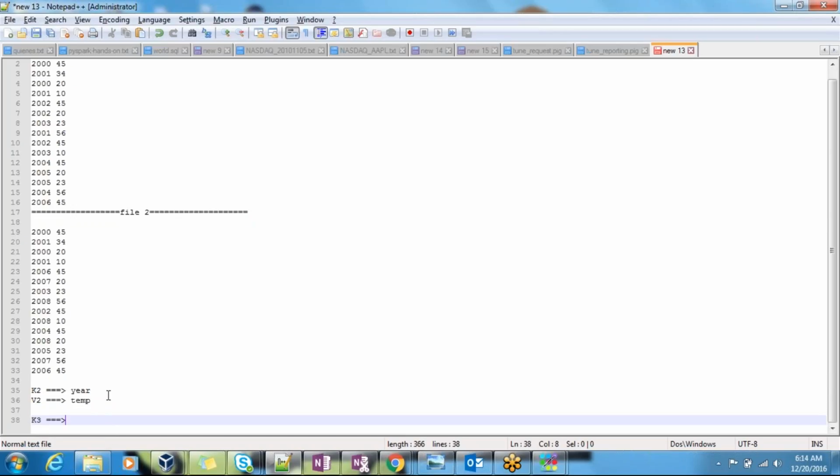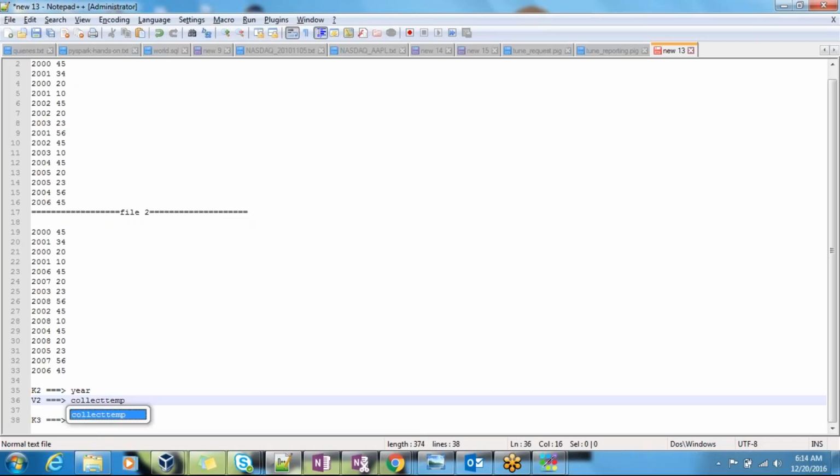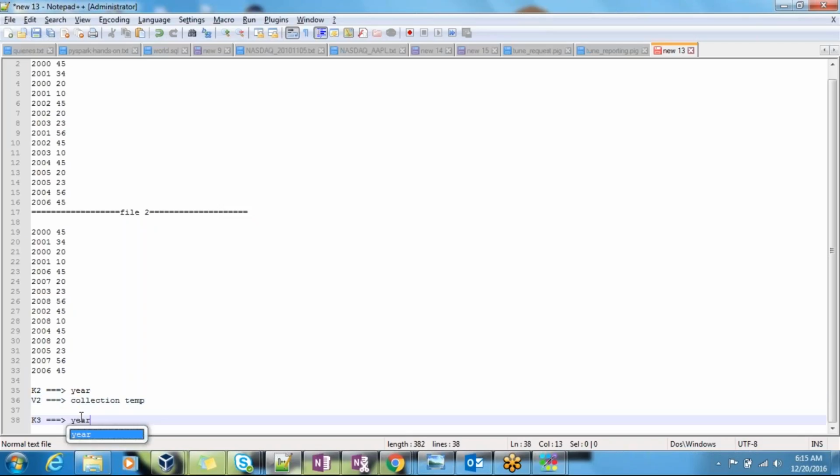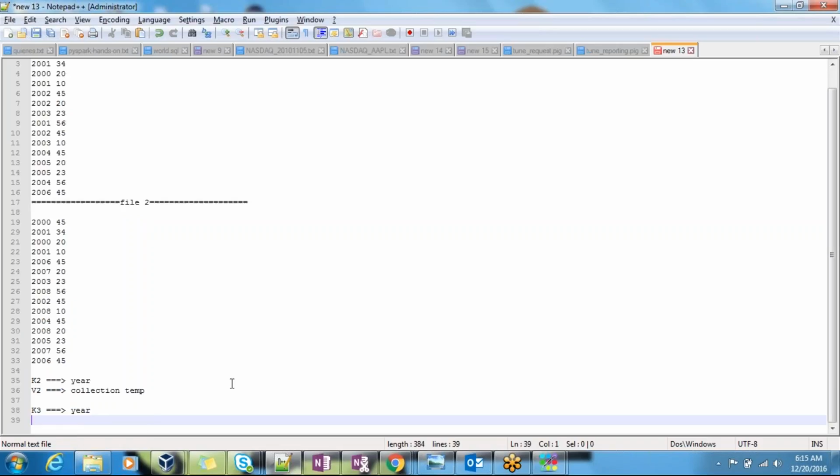Understand? Your final output K3 will be the year. It is not a collection of temperatures. K3 will be the year and V3 will be the max temperature.